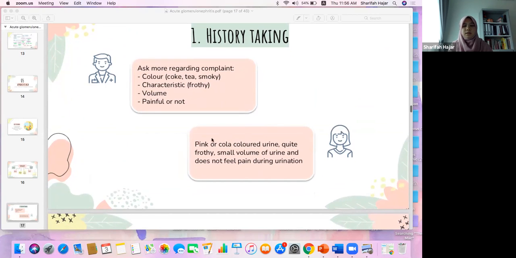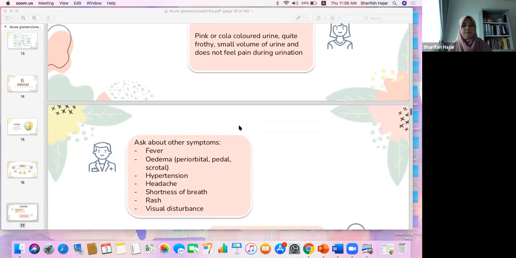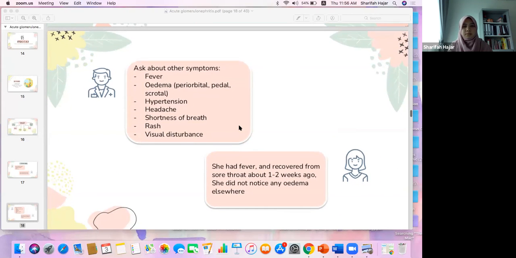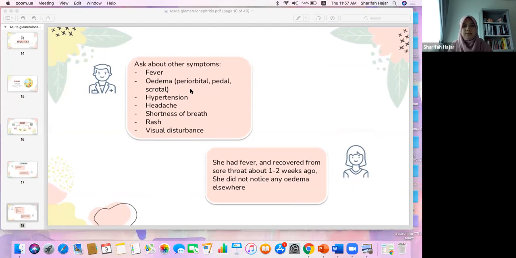So the patient said it is cola-colored urine, quite frothy, and small volume of urine, and does not feel pain during urination. Okay, so the doctor then asked about the other symptoms like fever, edema, hypertension. Fever may suggest the infection, edema, sodium water retention, hypertension can be because of the RAS system also, headache, shortness of